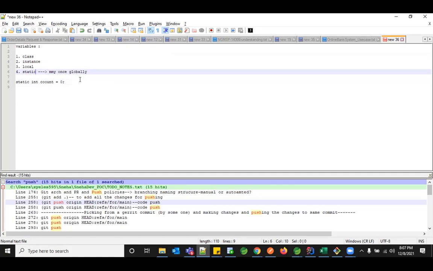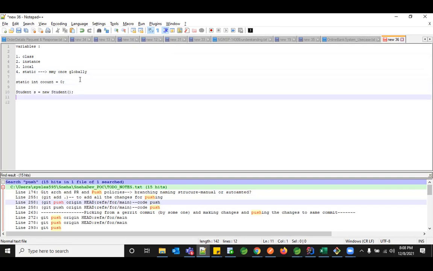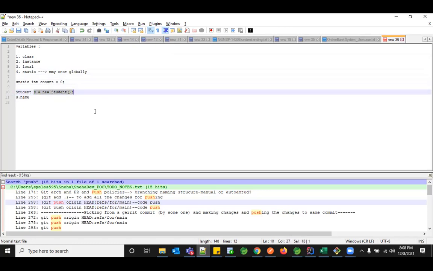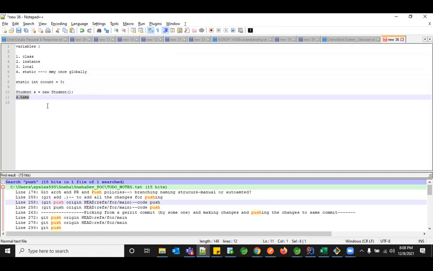And the second reason we want static is this. Whatever object you create, for example a student object, Student s equal to new Student, and if I have something like s.name, whenever this object instance is getting destroyed, that is, whenever your memory is getting deleted in your heap memory in the backend, this attribute will not be accessible.